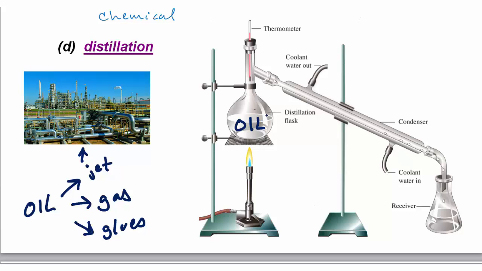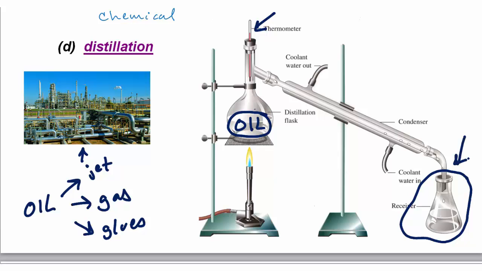They're going to place the oil and heat it up. And they're going to have valves and things, but the point is they're going to be collecting what they boil off. And they watch this temperature. And every time that temperature changes, a valve turns and they switch out and they collect something new. So how does this work? Whatever boils off the easiest is going to boil off first. And then once that's all gone, the boiling point goes up, change your valve, get a new container, and you'll